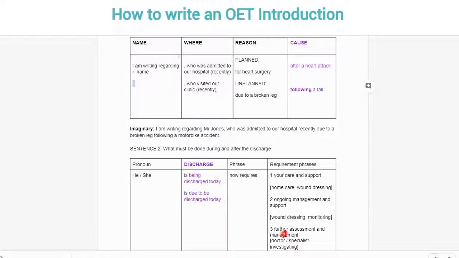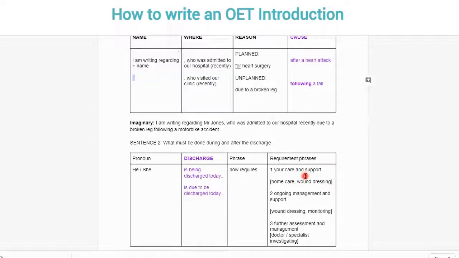One more. I'm writing regarding Mr. Apple, who was admitted to our hospital recently due to a broken arm following a fight in a bar. He's being discharged today and now requires your care and support. All right, so there's 2 from me. You guys are all going to have 30 seconds just to think about what you want to say. And I'd like you all to say 3 each. No, let's say 2 each, because we don't have that much time. So,